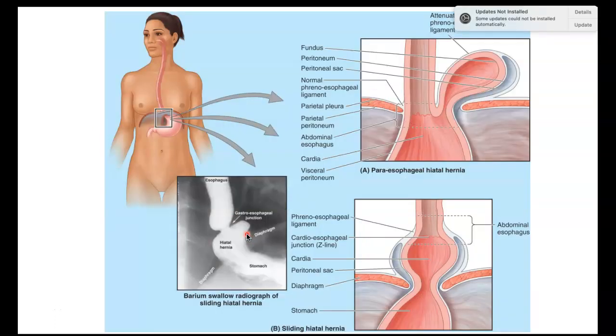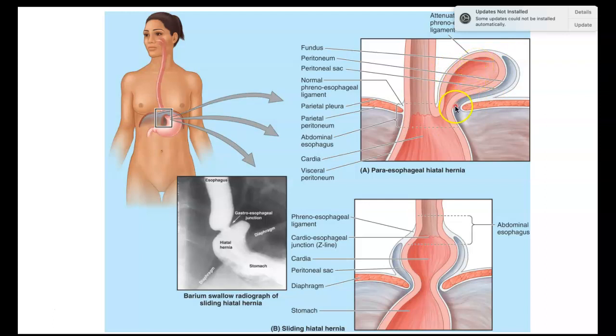One more thing about this segment of the lecture is, part of the stomach and the abdominal esophagus may herniate into the thorax through the opening in the diaphragm, which is called the esophageal hiatus. There are two types of this hernia. One is called the sliding hiatal hernia, where the abdominal part of the esophagus and part of the fundus of the stomach herniate into the thorax through the esophageal hiatus in the diaphragm, which is the more common of the two hernias. And this one is called the paraesophageal hiatal hernia, where the abdominal esophagus remains in its place,